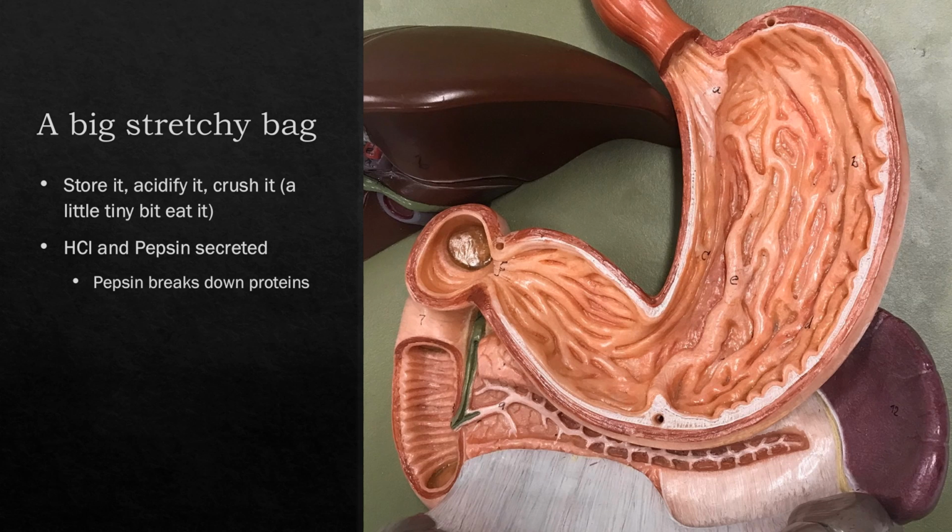The stomach is also pretty muscular and it will do a lot of contracting, so it's going to start the process of mixing and crushing that food a little bit more. And there's a small amount of actual removal of material from this into the body, so what we call eating it, right? So there's nutrient extraction, although it's very, very limited. And if you did not have a stomach for nutrient extraction, you would have no problem sustaining your body with nutrients. But for the purpose of understanding and being fair, yes, there are some nutrients that are removed in the